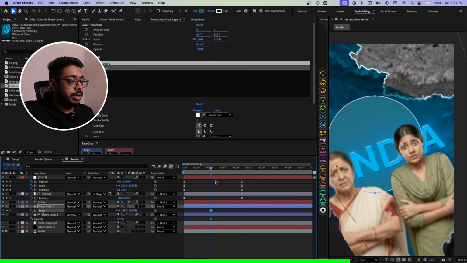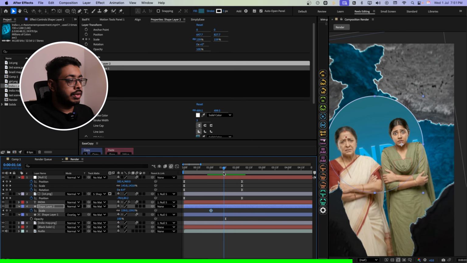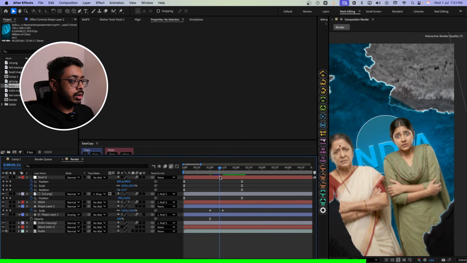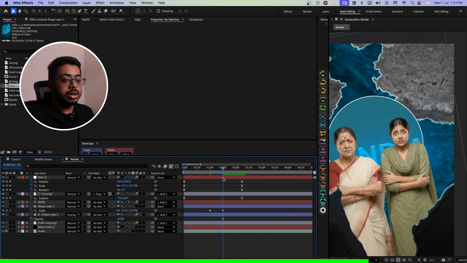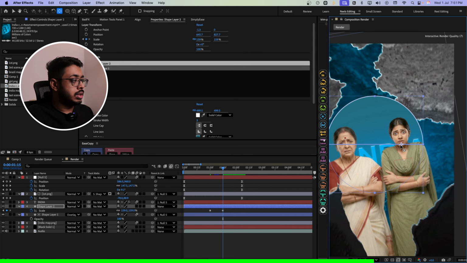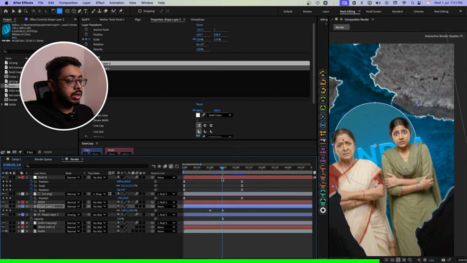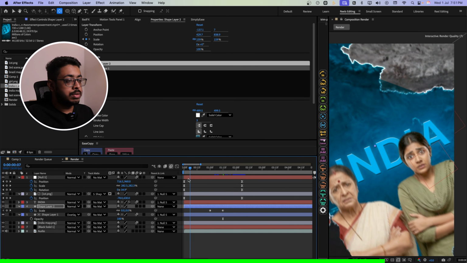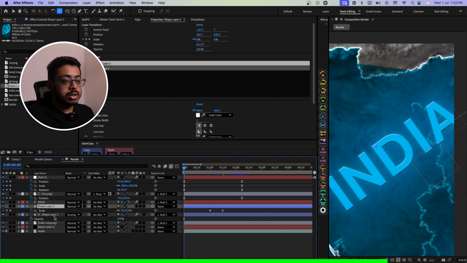Now add a keyframe over here. Let's say from this till over here, it will increase in size. So coming over here, I'll just keep it at 1.5 seconds. And over here, just decrease it to 0. Okay, we'll need to adjust the anchor point. Just select this, press on Y, and just drag the anchor point towards the center. Okay, this looks good. One thing that we can ensure, let's say at this point, this shape is also connected